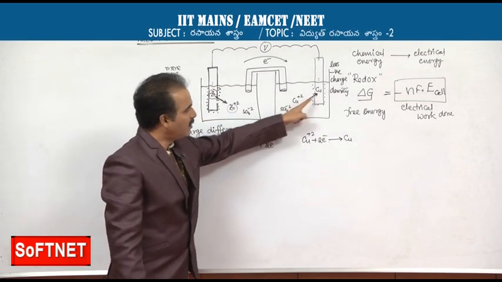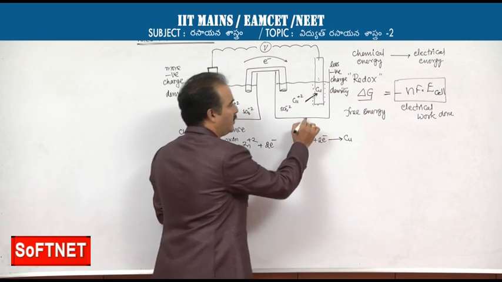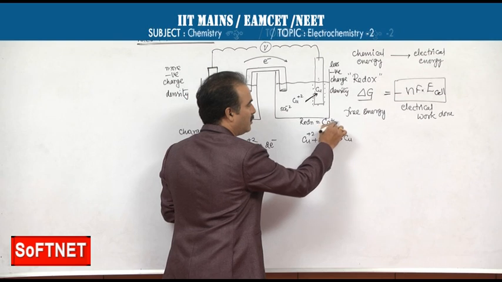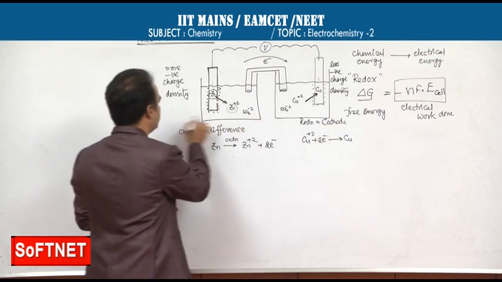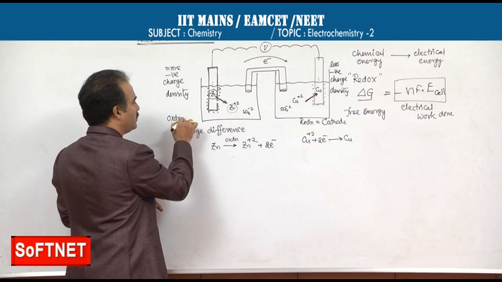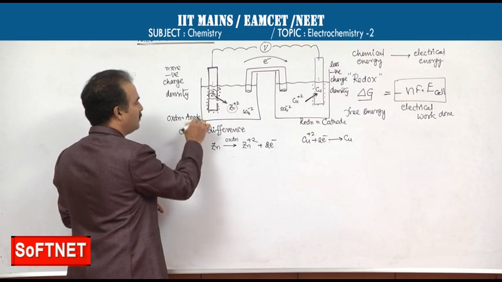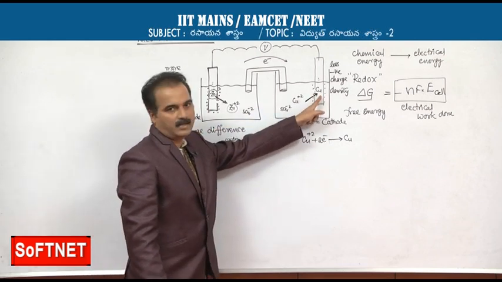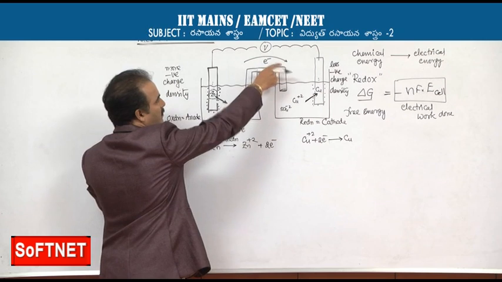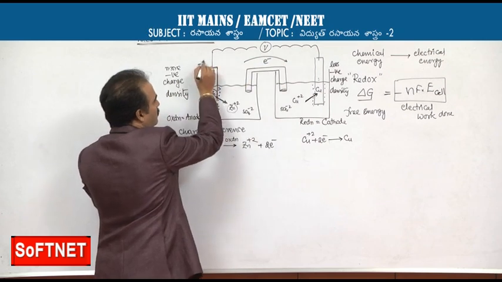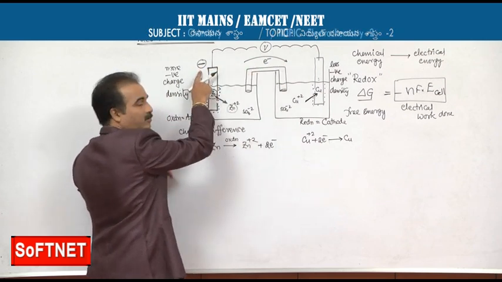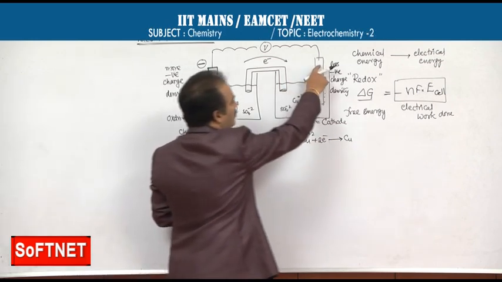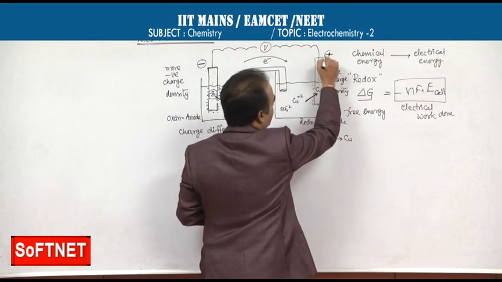The electrode where reduction occurs is called the cathode, and the electrode where oxidation occurs is called the anode. So, we say the zinc electrode is the anode and the copper electrode is the cathode. As electrons are driven from the zinc electrode to the copper electrode, this electrode is conventionally given a negative sign, and this electrode is given a